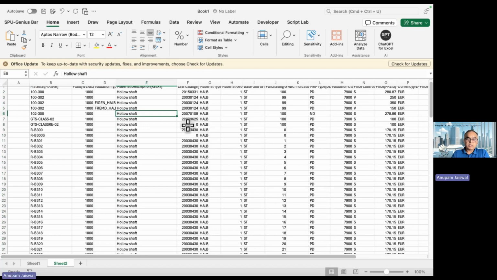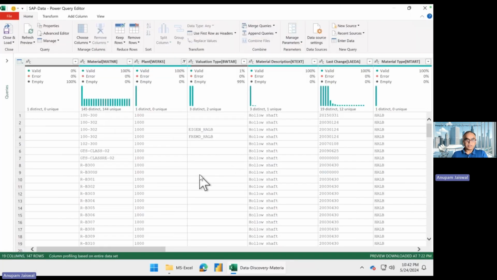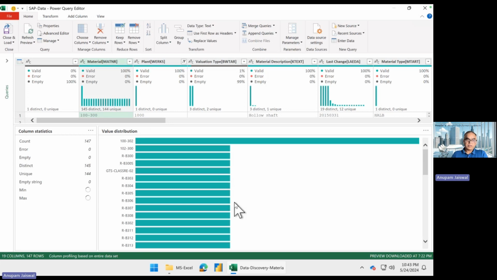So this could be a good starting point for profiling, for discovering the data, creating the data profiles, so to say, of the materials, and then be able to do some consolidation, at least deduplication reviews, and begin the discussion with the business. And since this is all within Excel, the business user themselves would be very interested to use this kind